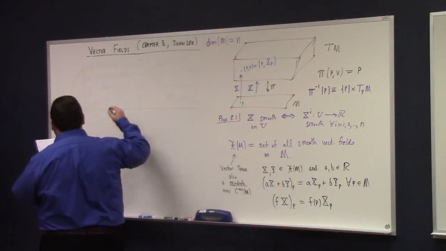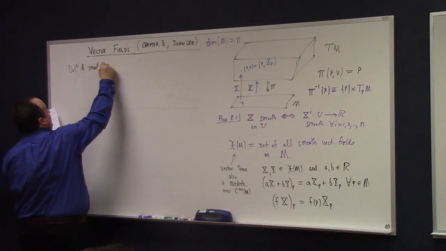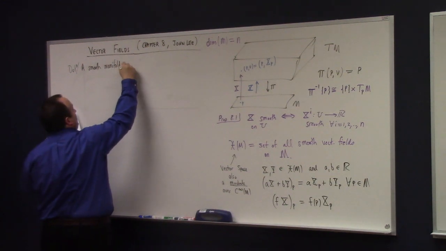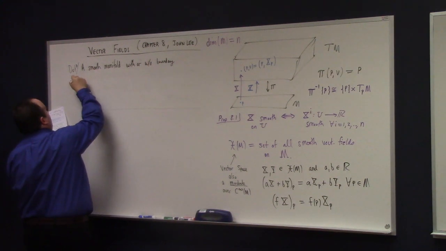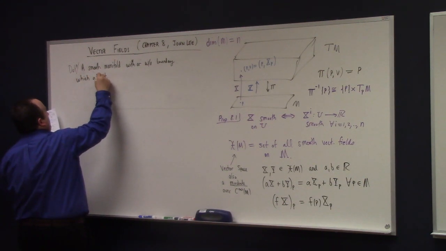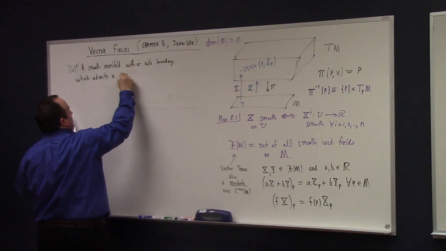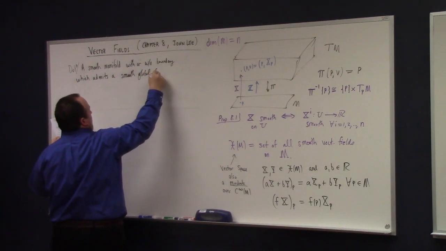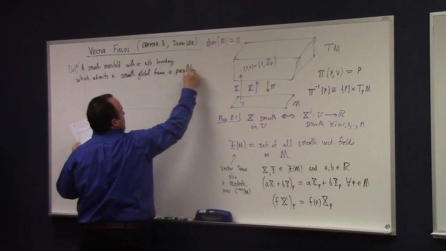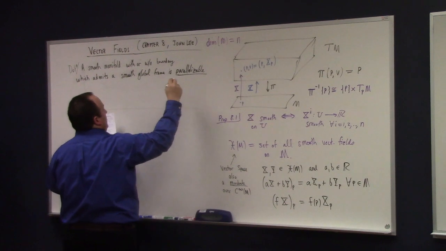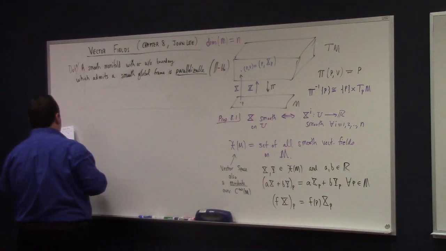So, definition: a smooth manifold with or without boundary which admits a smooth global frame is parallelizable, which I'm going to abbreviate as